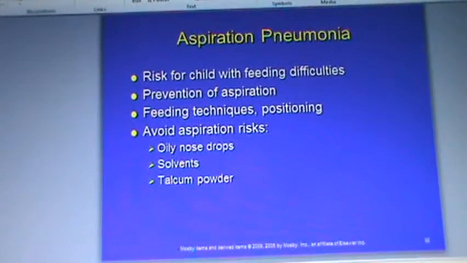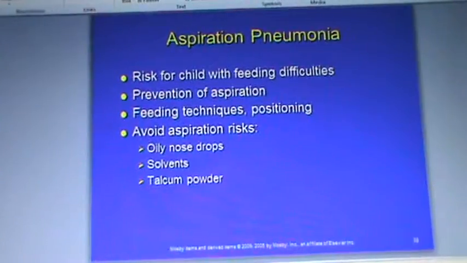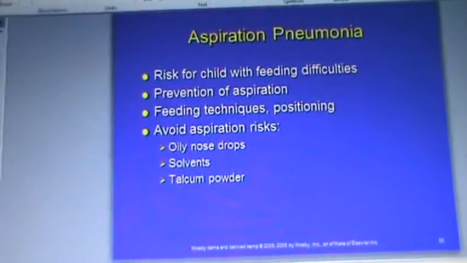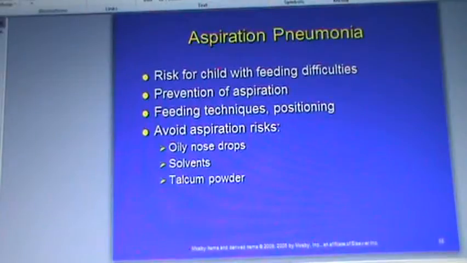Aspiration pneumonia: risk in the child with feeding difficulties. Think about your cleft lip, cleft palate, the cleft palate child. Prevent aspiration with feeding techniques and positioning. Avoid aspiration risks: oily nose drops, solvents, talcum powder. When we teach brand new moms on powdering their baby, we say cornstarch, and we tell them, put it on your hand first. You're not dusting a chicken or flouring a chicken. You don't take the talcum